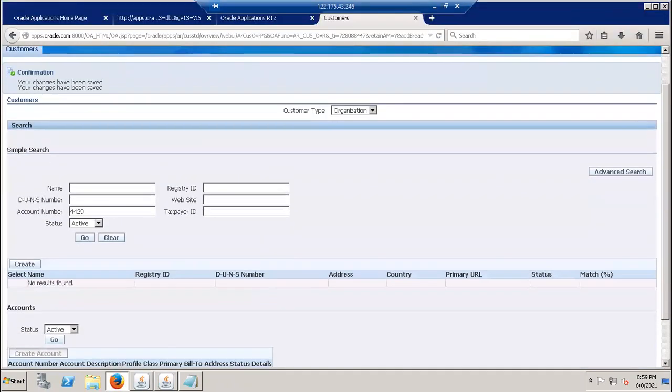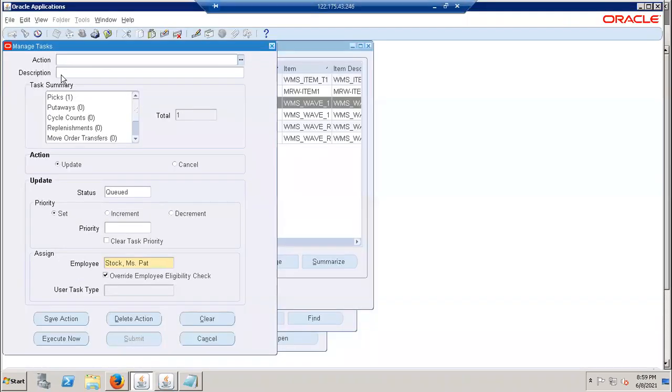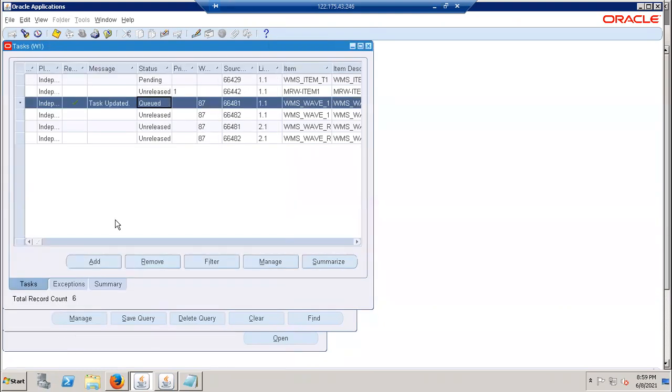Saved. Why did you go there again? Yeah, saved. One second. Saved, right? Yeah, saved. Execute now. Task updated.